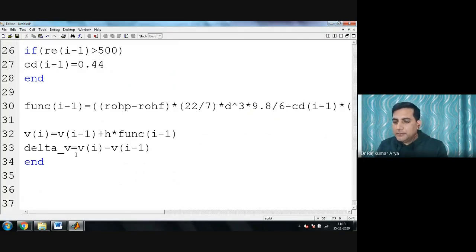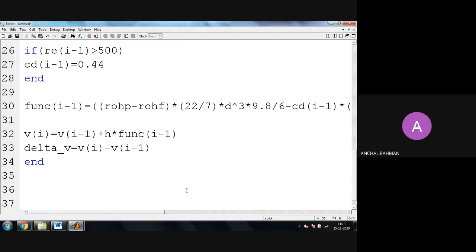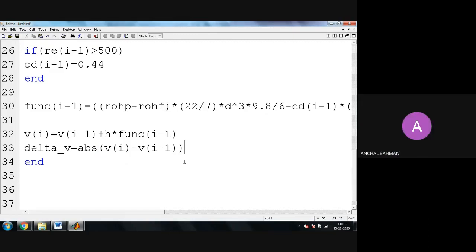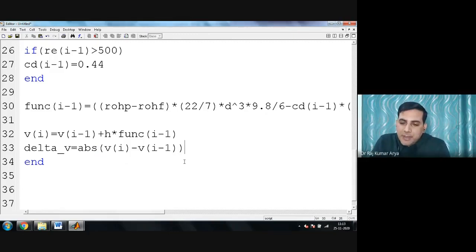Yes, sir. I can put an absolute sign here because I am just interested in the difference, because sometimes it would be plus 10 to the power minus 3, some could be minus 10 to the power minus 3, both ways my problem would be solved. Correct or not? Yes, sir. So therefore, I am just putting the absolute difference.